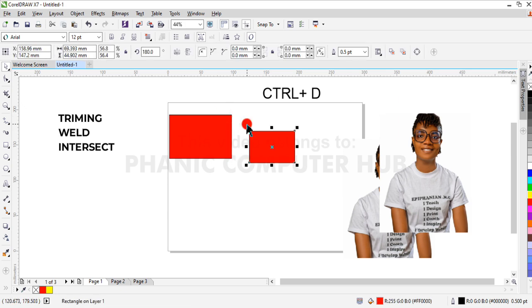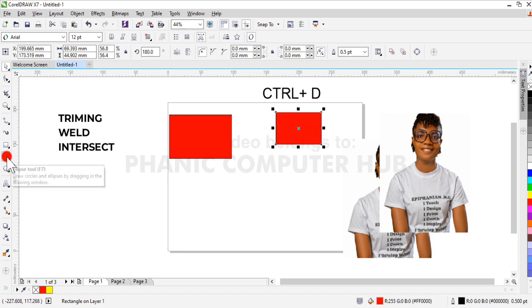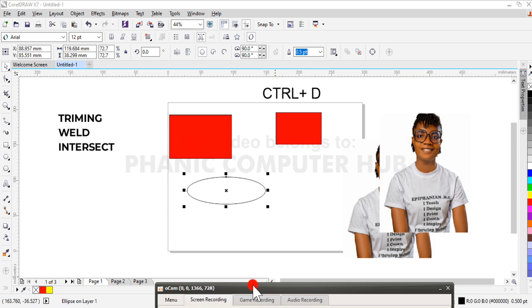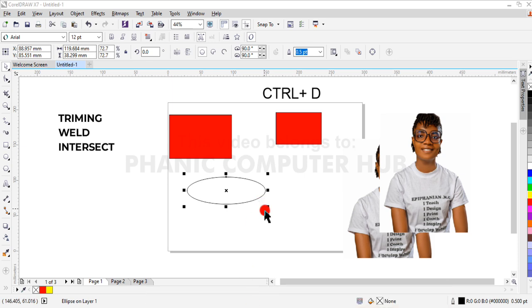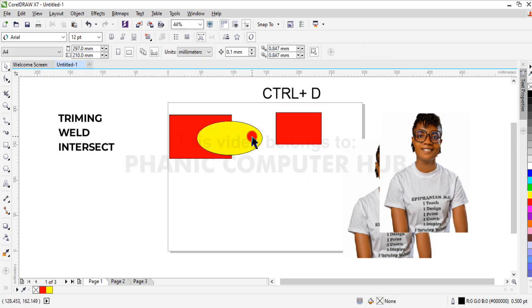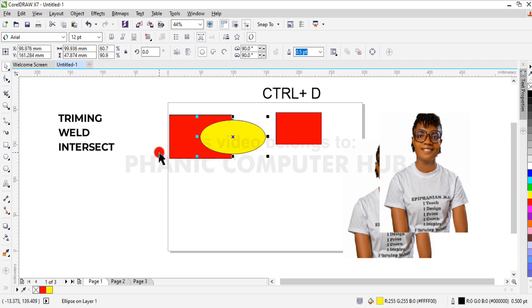weld, let me bring out something to use it. Let me get an ellipse. Draw an ellipse. Okay, draw this ellipse now. This is an ellipse. Let me add color to it. So I can now decide to place it here. Then once I place it, this one is on its own, while this one is on the rectangle is